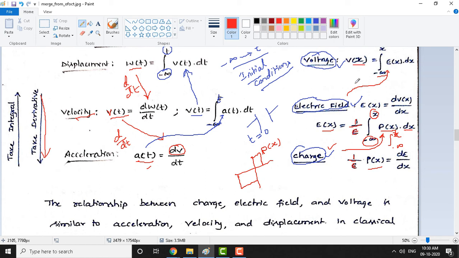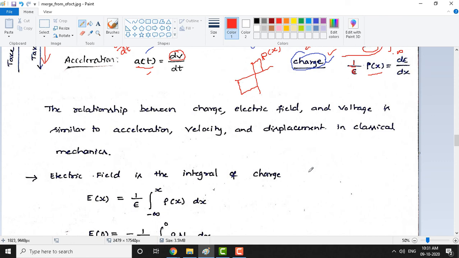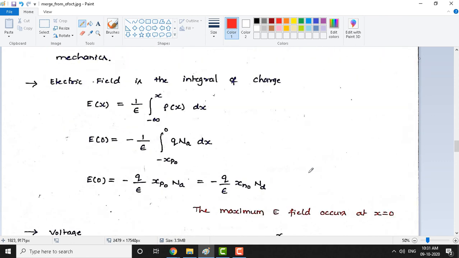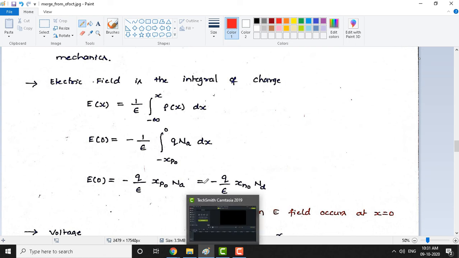To calculate v of x, all these tricks we are doing here. That means from bottom to up, it is an integration, and from top to bottom, it is nothing but derivation, which is d by dt. So with that, let me move to the notations here. Now let me go back to the electric field equation. So this is the electric field equation, you can see here.